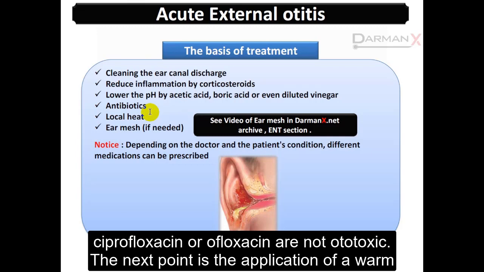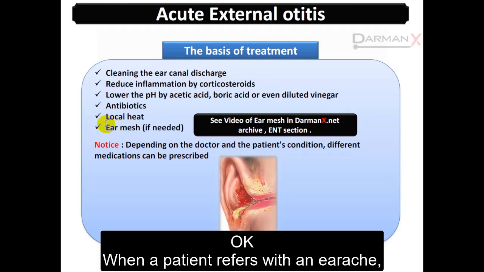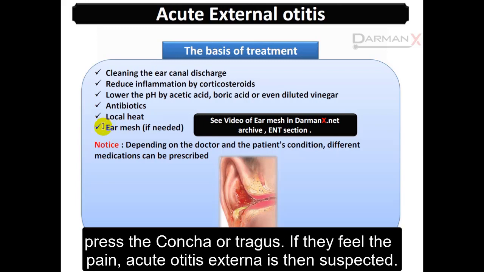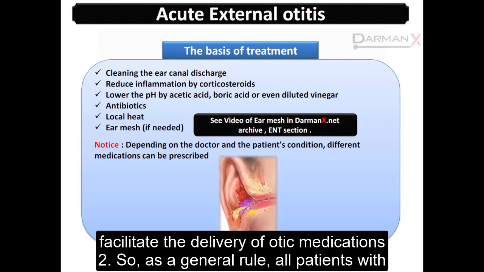The next point is the application of a warm compress to increase circulation, which subsequently reduces the inflammation. Okay, when a patient presents with an earache, press the concha or tragus. If they feel pain, acute otitis externa is then suspected. If the ear canal is severely swollen or narrowed, an earwick may be inserted to facilitate the delivery of otic